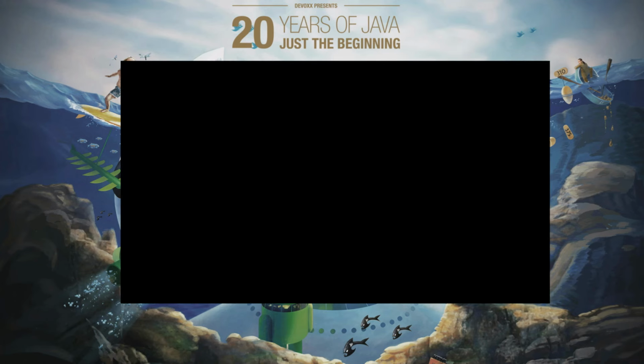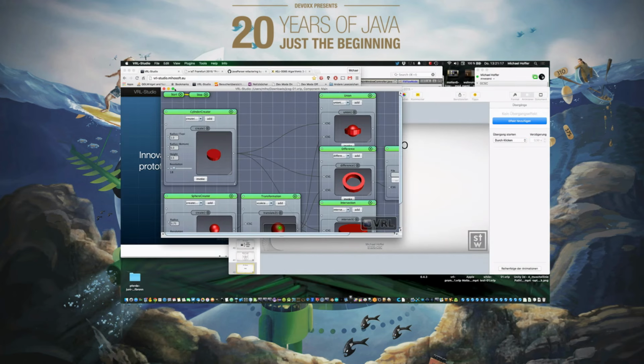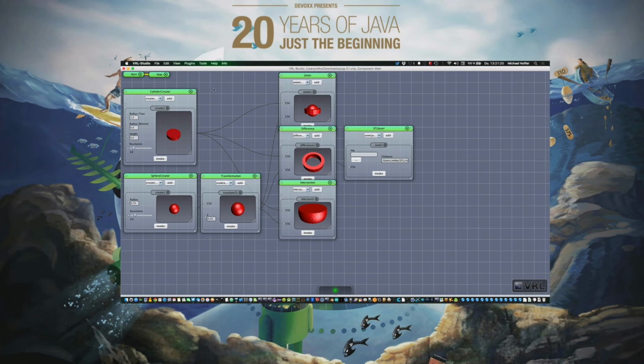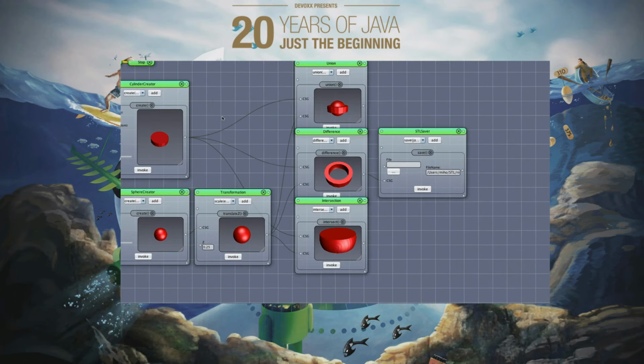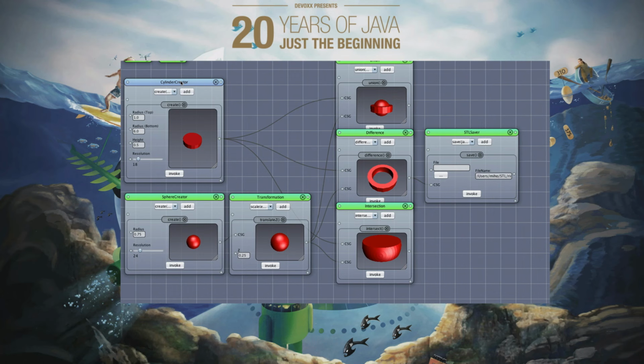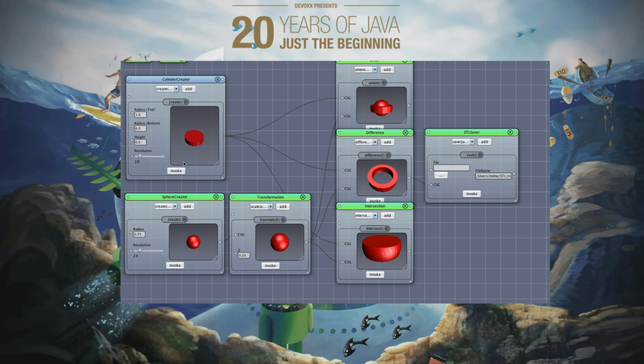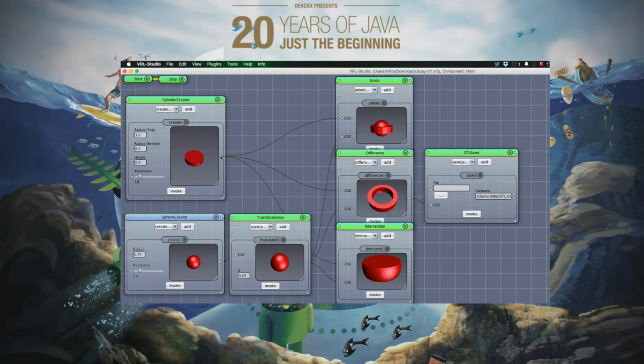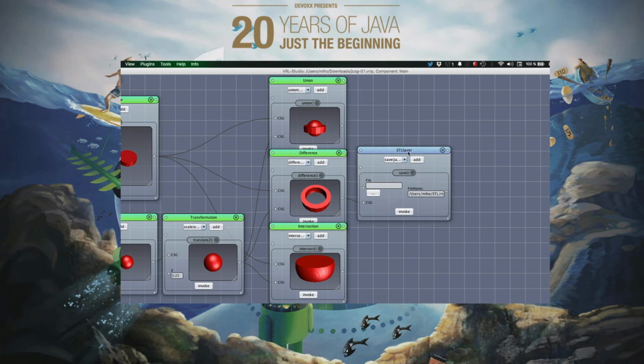So now I'd like to give a short demo. This is a workflow, actually the JCSG one. So here you see we have a cylinder creator and a sphere creator, and that are just library objects that are automatically visualized. And they can have data flow dependencies to other objects, and here we create the union, the difference, and intersection. And the very cool thing is you directly get feedback from that. And then we can save that to an STL file and feed it to the printer software and just print